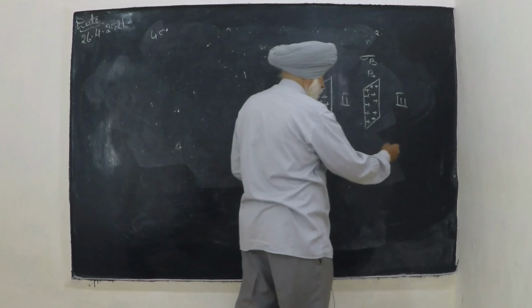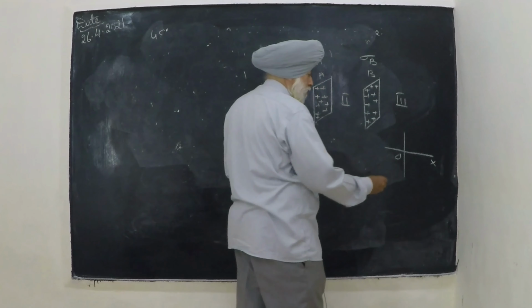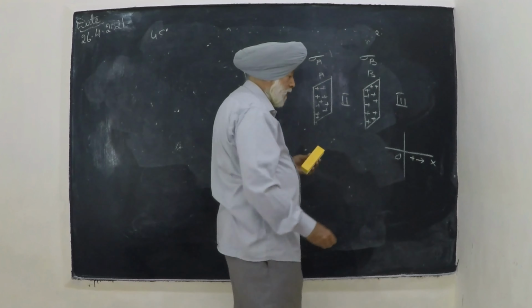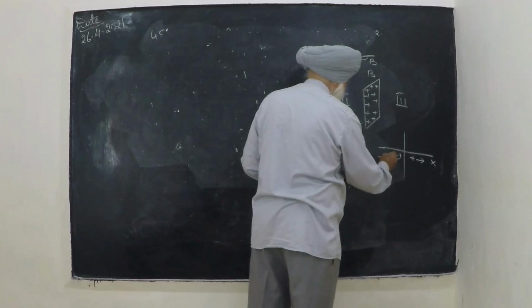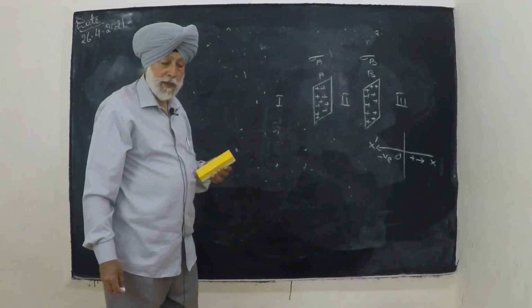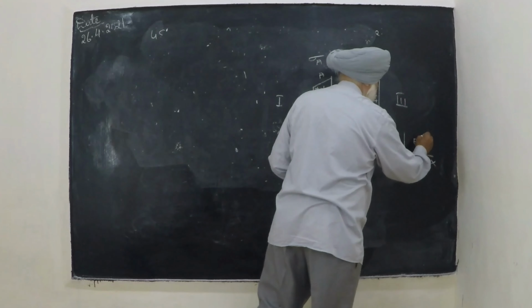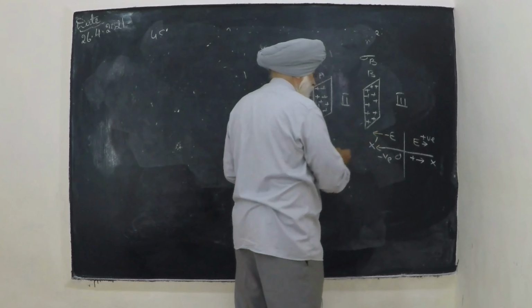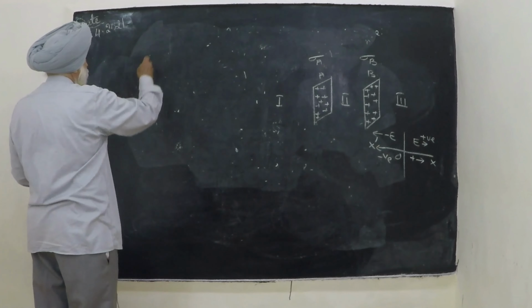First we will take sign conventions. The distance measured along the positive x-axis is positive from left to right, and when we measure distance from right to left, the distance is negative along the negative x-axis. Similarly, the electric field from left to right will be positive, E will be positive along this direction, and it will be negative from right to left. Same sign convention. So what will happen in region 1?